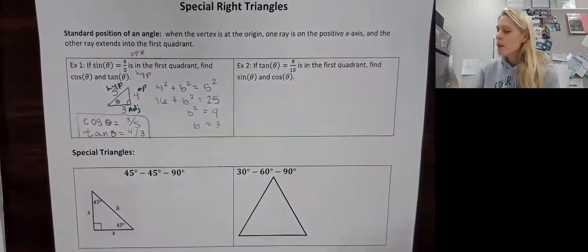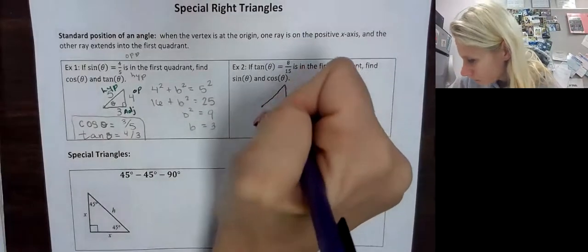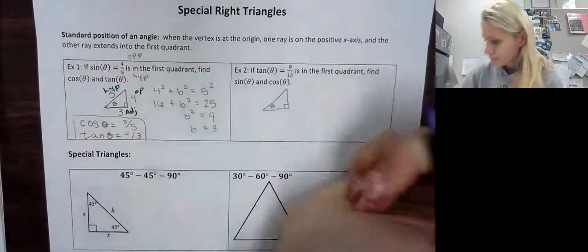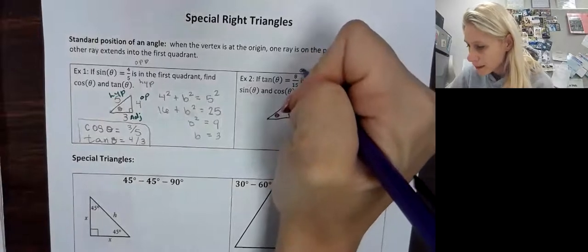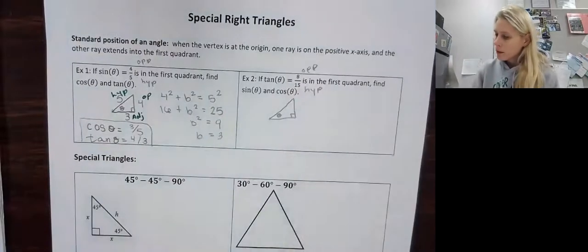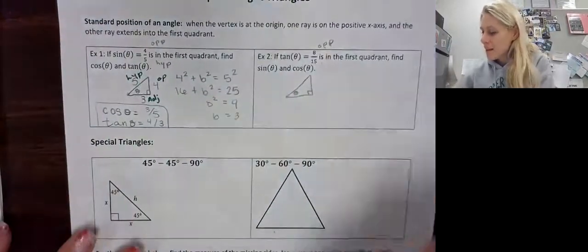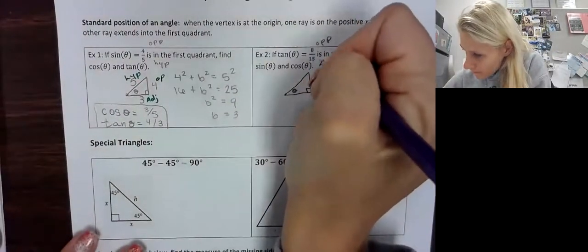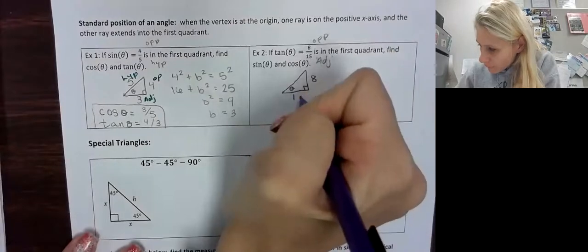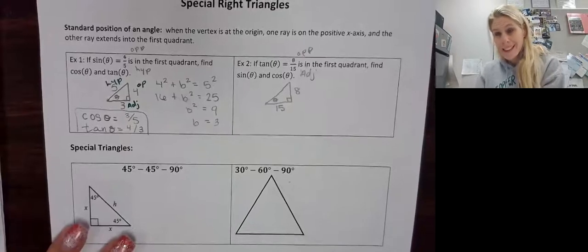Let's try one more. So tangent of theta, again, I'm going to draw my triangle. There's theta. Now tangent is opposite over hypotenuse. Not hypotenuse, why did I do that? Over adjacent. Okay, so opposite of theta is 8. Adjacent is 15. Have to use the Pythagorean theorem to find that missing side, which in this case is the